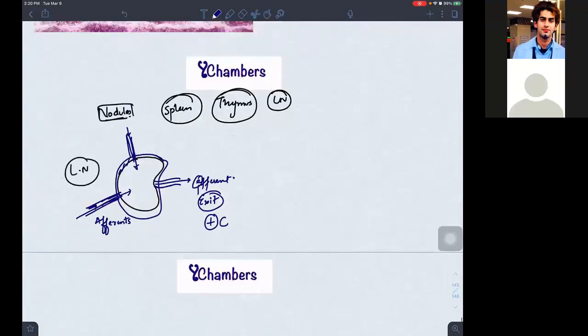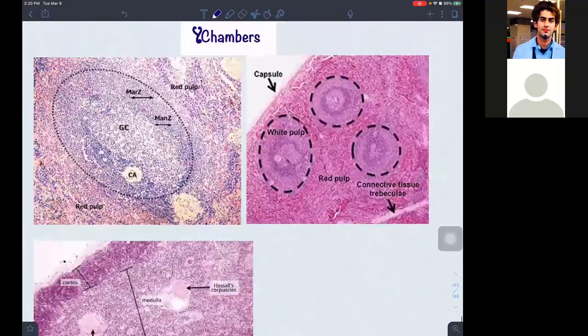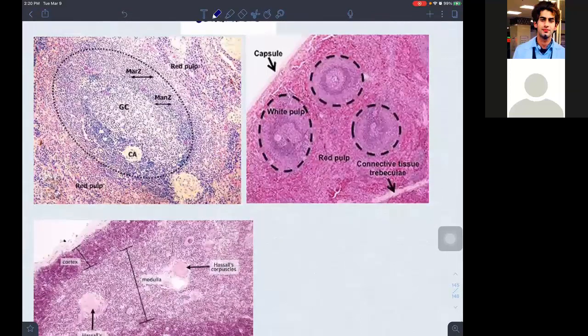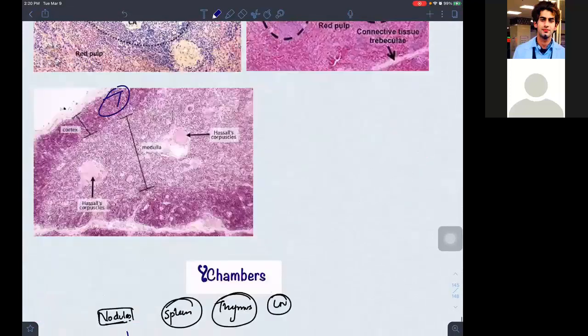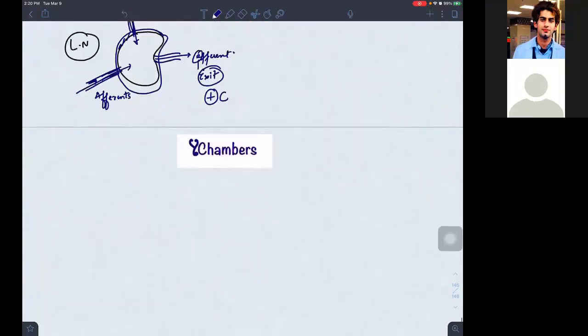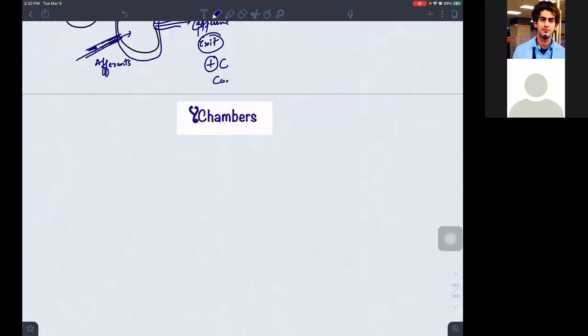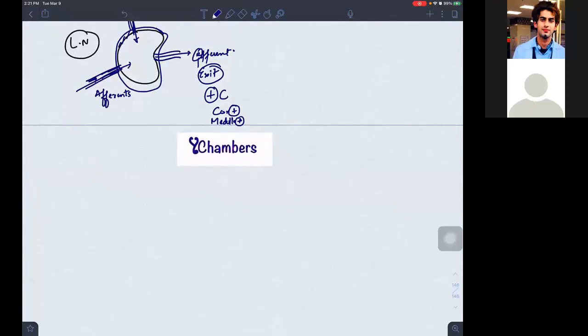Did we see yesterday that it had cortex? Did we see the medulla in the lymph node? Don't go here, this is thymus. We saw yesterday the cortex and medulla, so we should write cortex positive, medulla positive. Done. Easy to remember. Can you see how many afferents are there? First tell me, are afferents present? Yes sir, so we should write afferents positive for a lymph node. Efferent, yes sir.